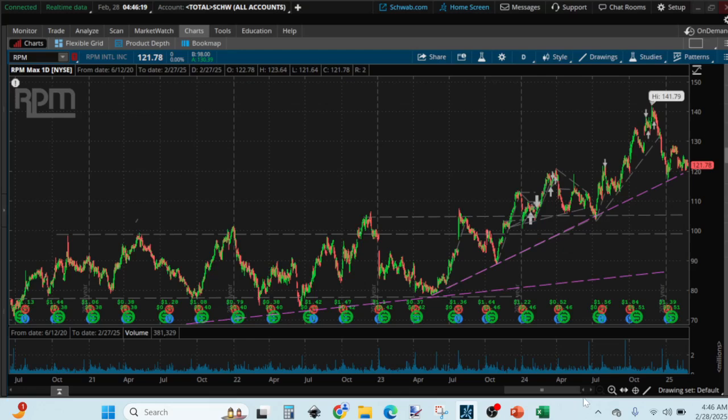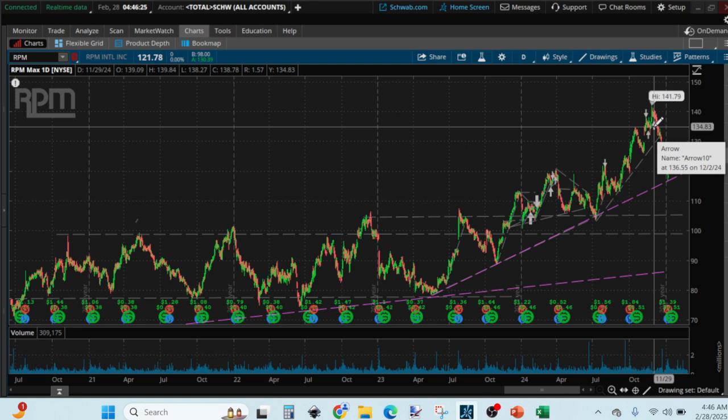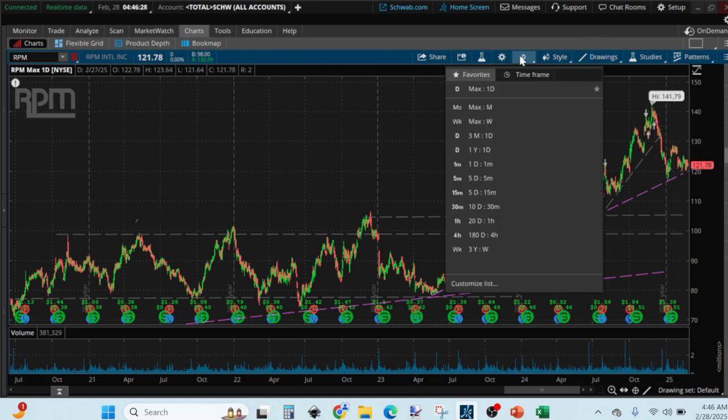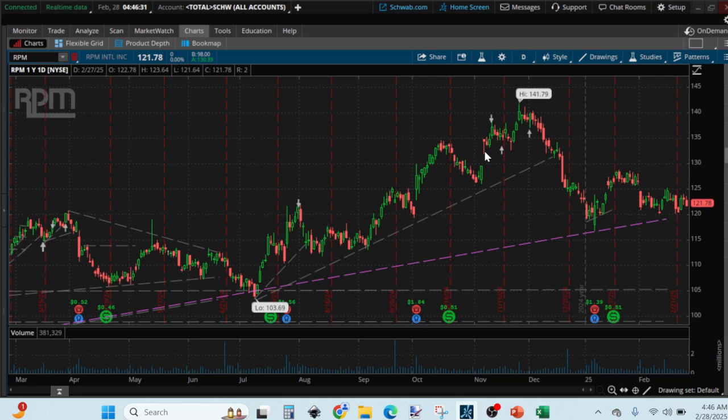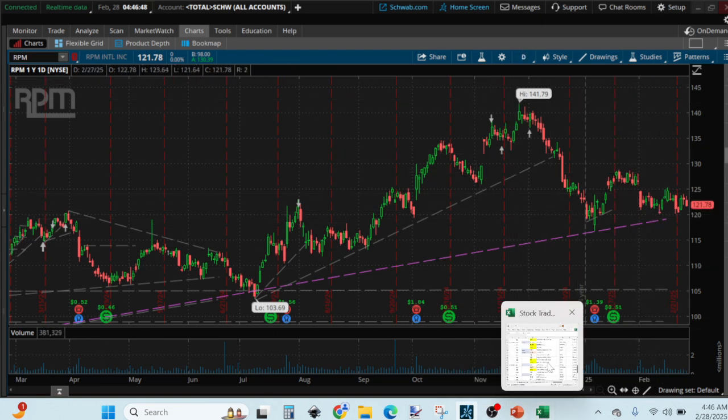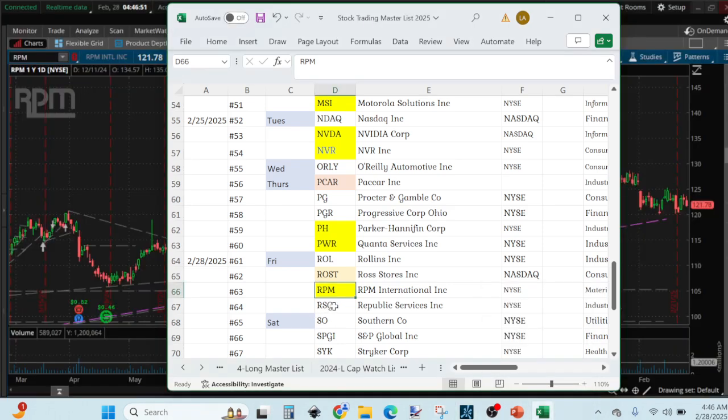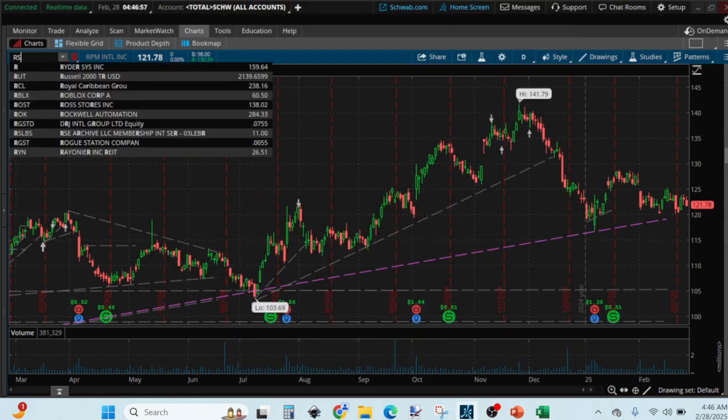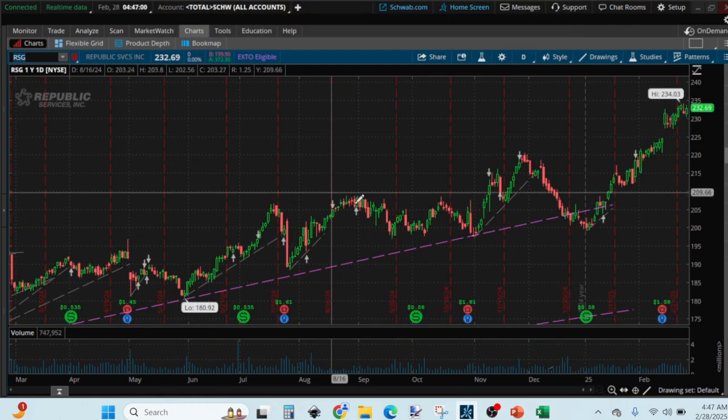So we are just going to keep observing it to see what it's going to do here. We bought it and then it pulled back on us shortly after that, and pulled back to this trend line and pretty much is consolidating around this trend line here. Okay, so the next one is RSG, and that will be the last one on the list that we would like to analyze today. So RSG,